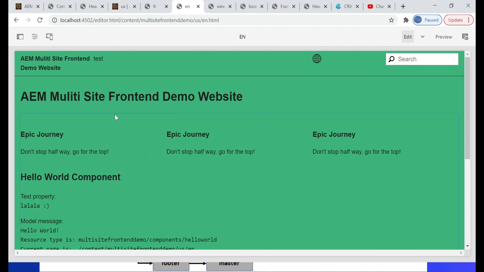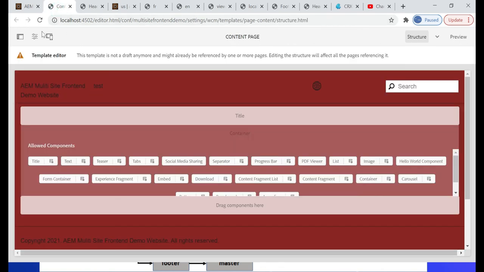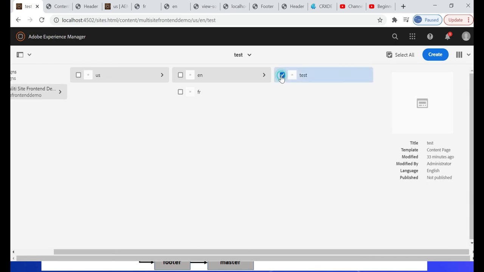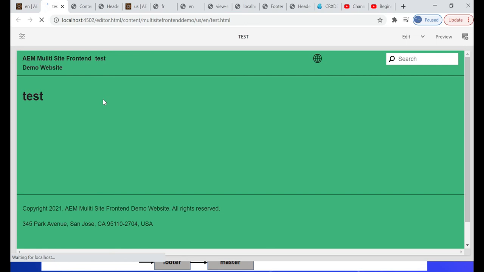Let us see the behavior on template. So I am going to the template and refresh this. The template always displays the default theme. In our case, it's site1. So that is the reason the site1 theme is displayed. If required, even you can specify the style on individual pages. In EN website, I have a test page. Let me open that. Edit. Now the site2 theme is displayed.